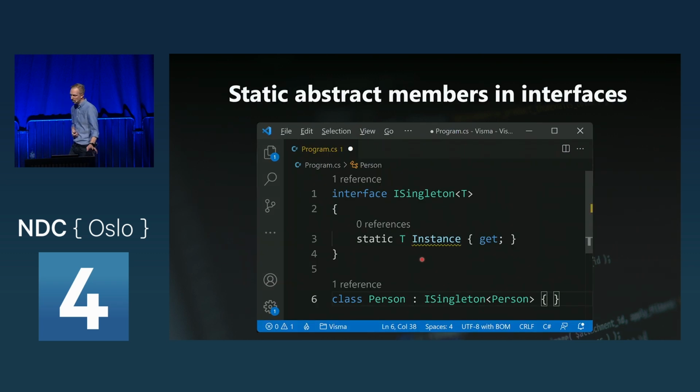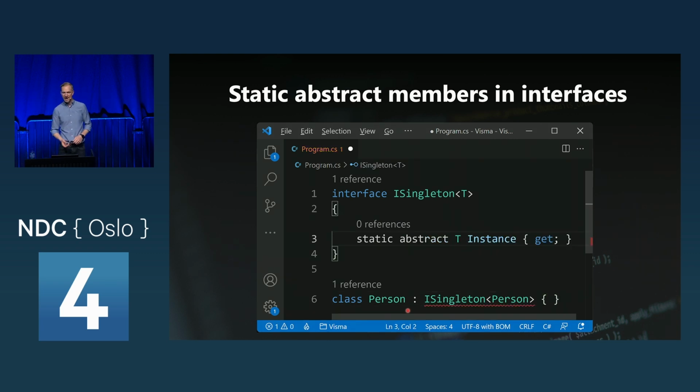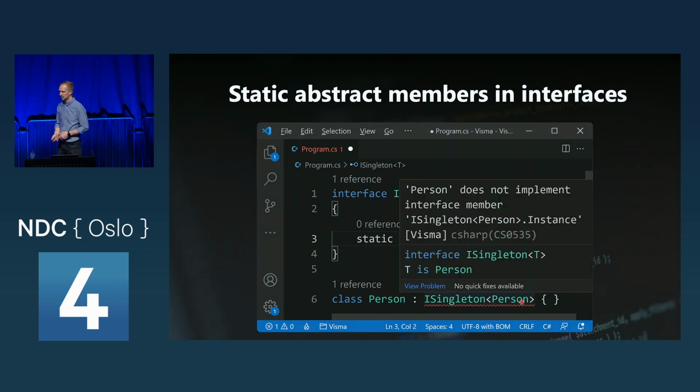They're also introducing a concept called static members in interfaces, or static abstract members in interfaces. We've always been able to do static in interfaces, but it just never gave us any warning. So here I have a static T inside my interface. There's no warnings that I haven't implemented this on my class. So again, why not just add another keyword to this to actually enforce us to implement what the interface dictates? So here I add the abstract keyword, and now it's going to tell me that you have to implement this. I would have assumed that you had to previously as well, but for some reason they didn't enforce that.